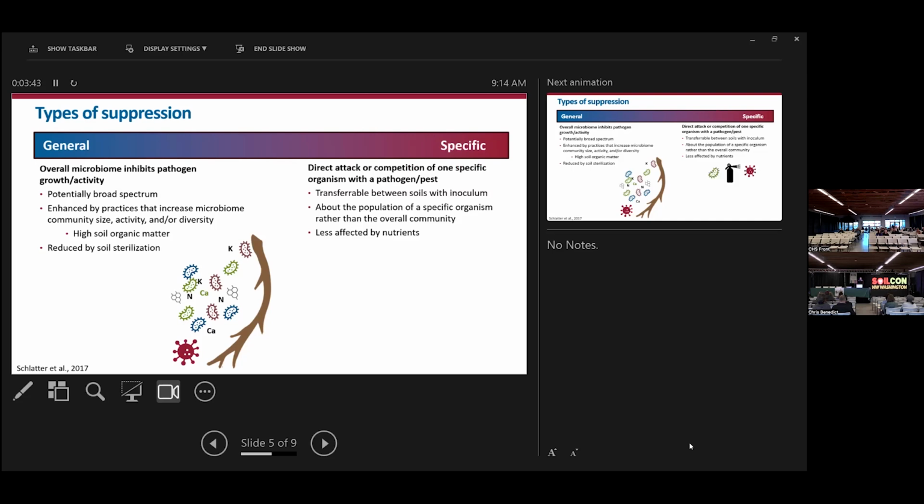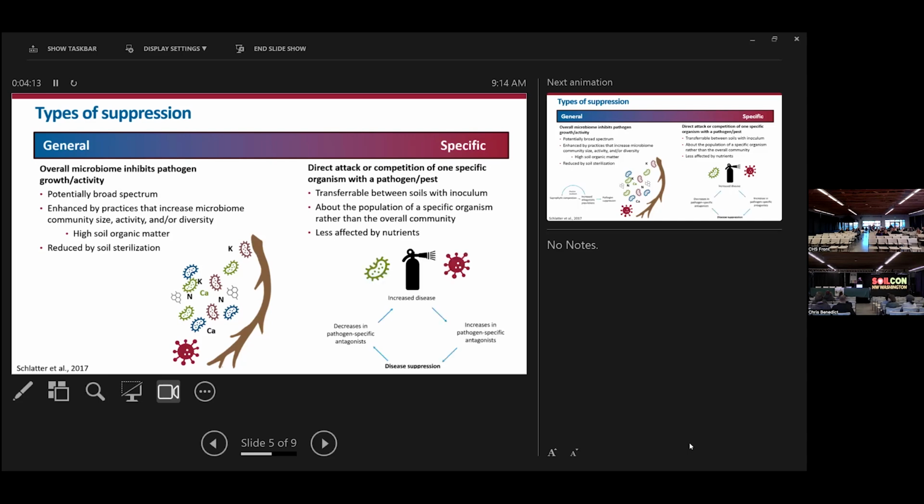Specific suppression, on the other hand, is the direct attack of a pathogen by another organism. And a big aspect of this is that it can be transferable between soils with inoculum. And so I'm going to talk a little bit about some examples of this, but it's really about the population of a specific organism rather than an overall community. So maybe less affected by nutrient additions or organic matter additions, and more affected by the presence of a particular